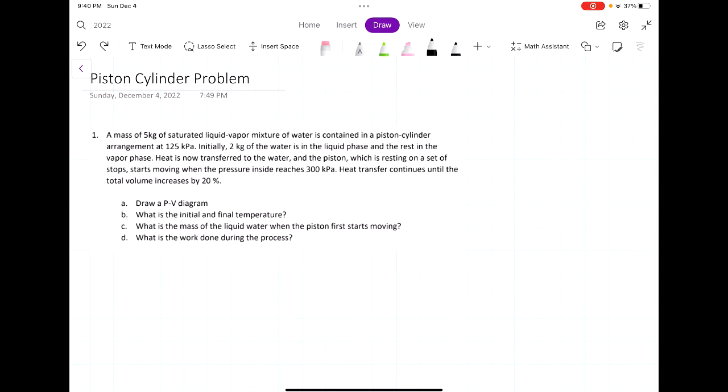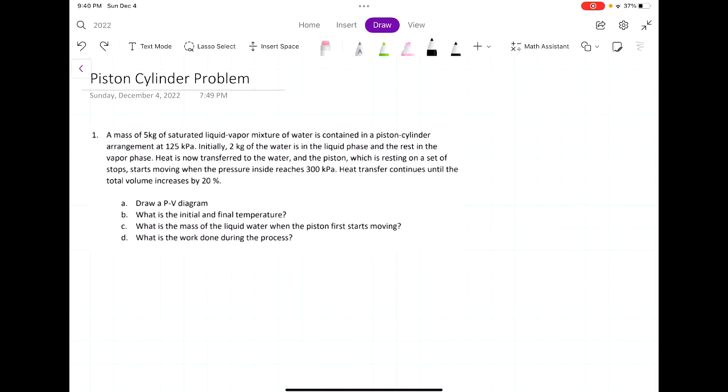In this video, we are going to solve a simple thermodynamics problem that contains a piston cylinder. Let's begin. A mass of 5 kilograms of saturated liquid vapor mixture of water is contained in a piston cylinder arrangement at 125 kilopascals. Initially, 2 kilograms of the water is in the liquid phase and the rest in the